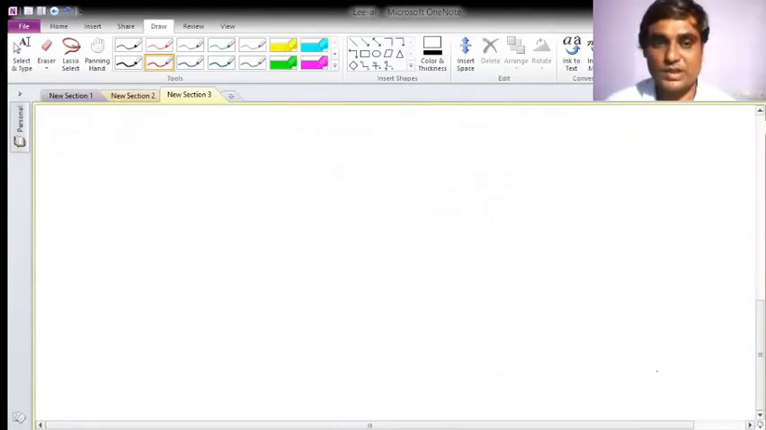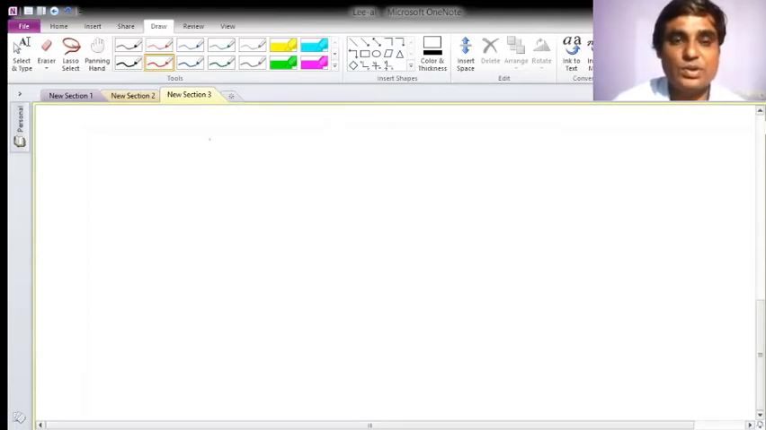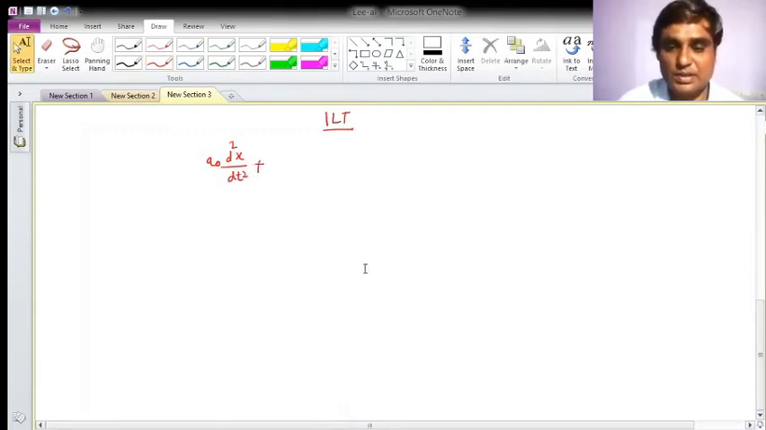Okay, so for that we'll see what my inverse Laplace transform is. In order to explain that, I'll start with, let's say, a generalized second order equation. Suppose it is a0 d2x by dt square plus what it will be